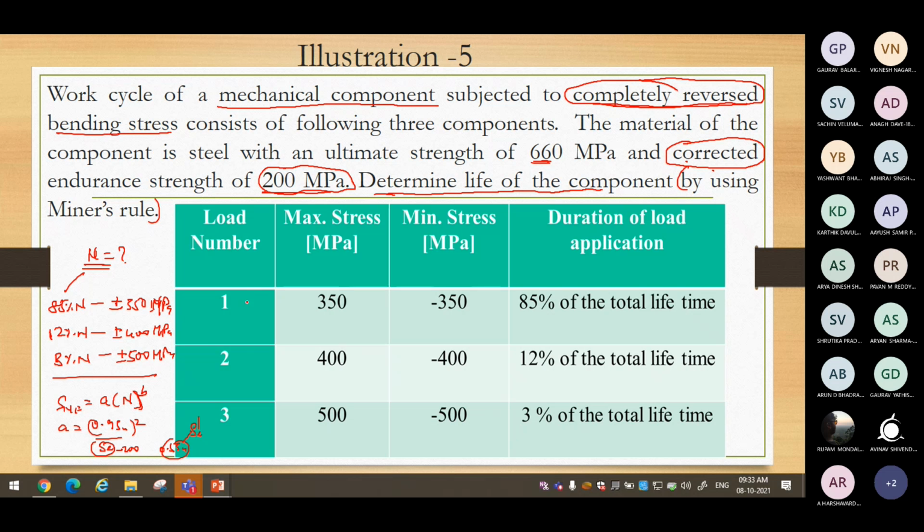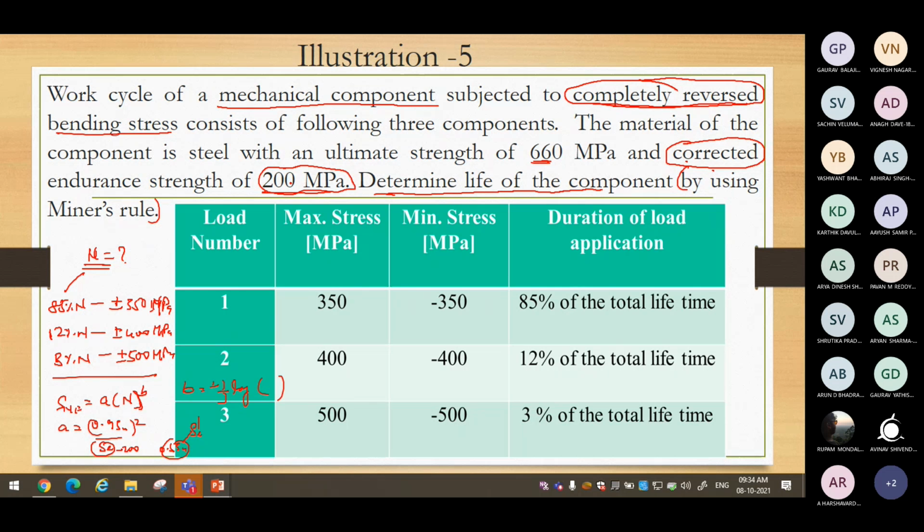Do not use this when the data has been given. Already the corrected endurance strength has been given to you. Therefore, use that particular value in the denominator here. Similarly, you have B minus 1/3 log of the corresponding factors. Use that to determine the slope of the SN diagram. And here also, wherever Se is there, use the given endurance limit.